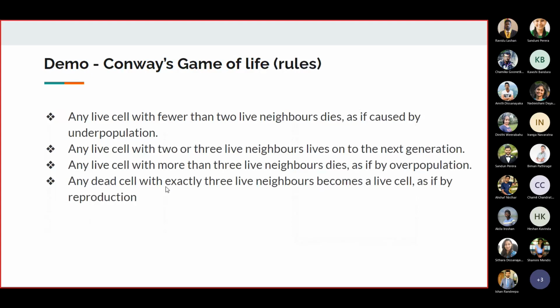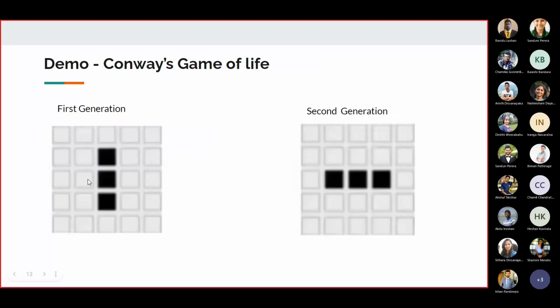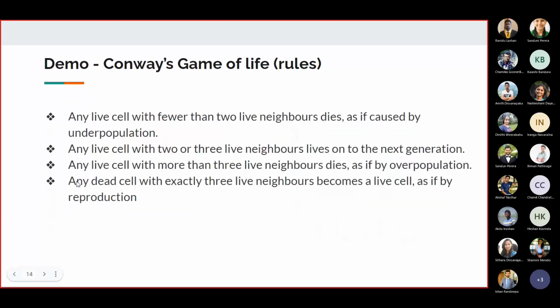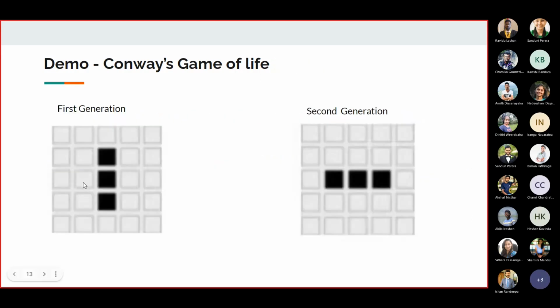The next rule is any live cell with more than three live neighbors dies, as if by overpopulation. So if there is a cell which has more than three live neighbors, it should be dead in this generation. And the other rule is any dead cell with exactly three live neighbors becomes a live cell, as if by reproduction. If we consider this cell, it has three live neighbors, so it will become alive in this generation. The same rule applies here. So this is the rule set, and this is what we are going to implement